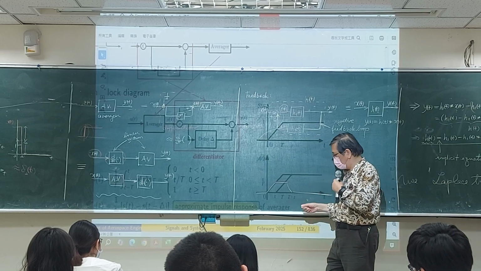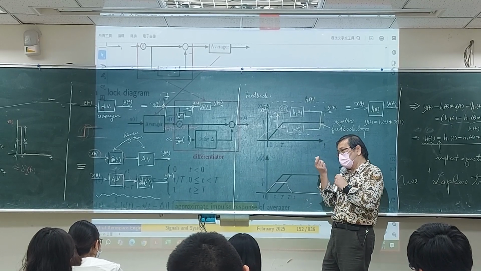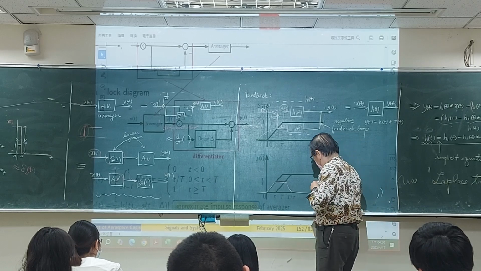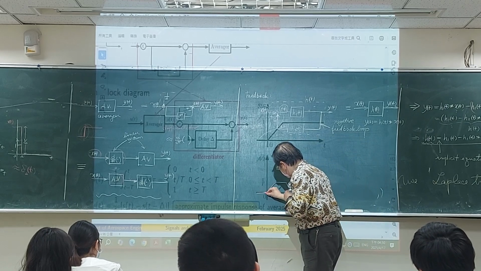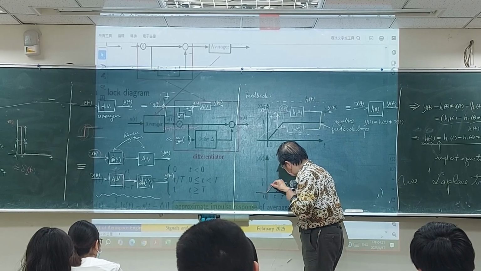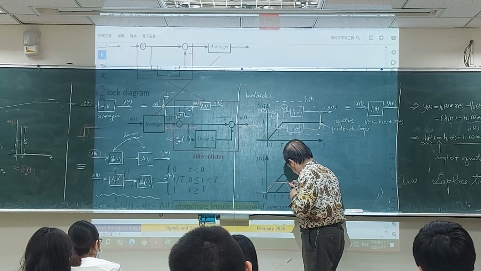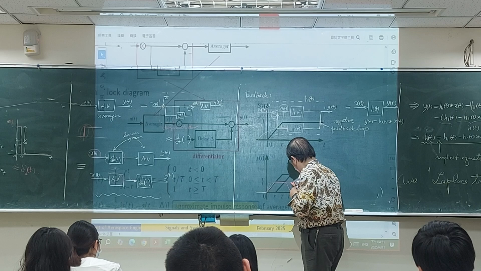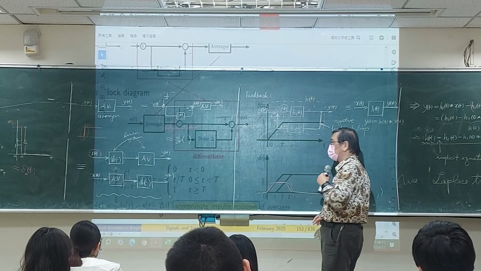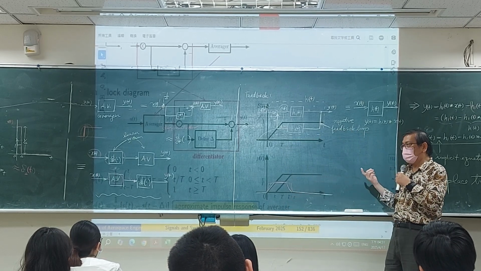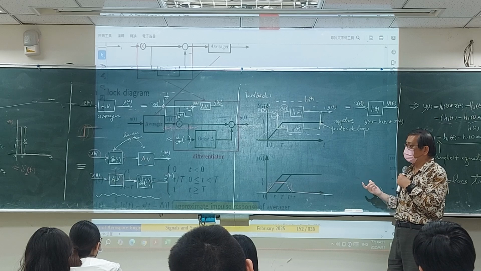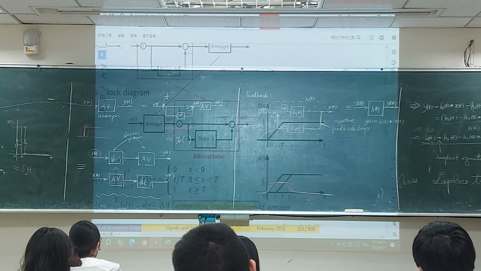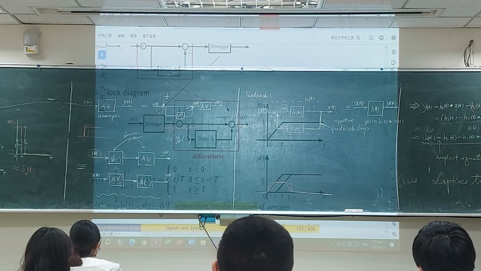If you let your delay time get smaller and smaller, then the slope will become bigger and bigger, more and more like a real impulse response of the average. Okay, if you go back to the again, let me lower down the